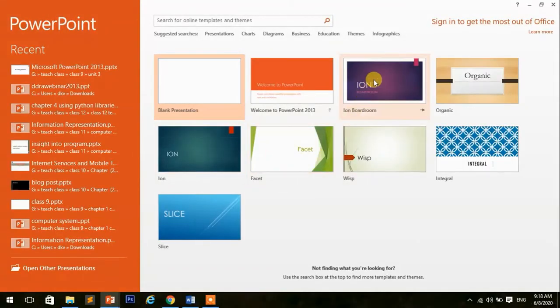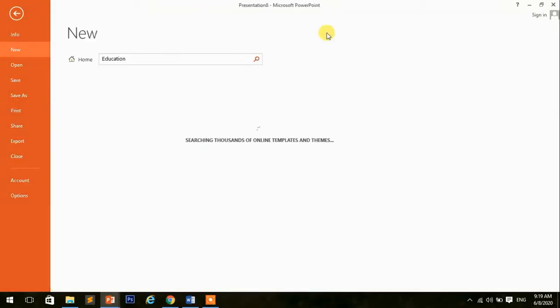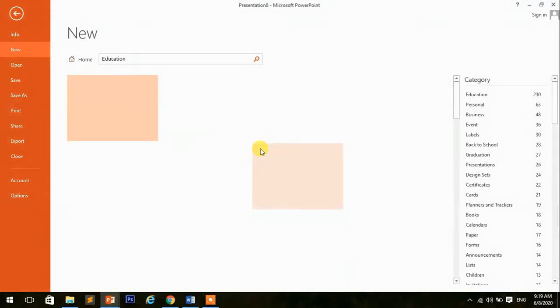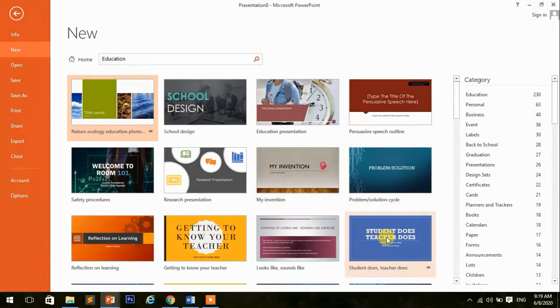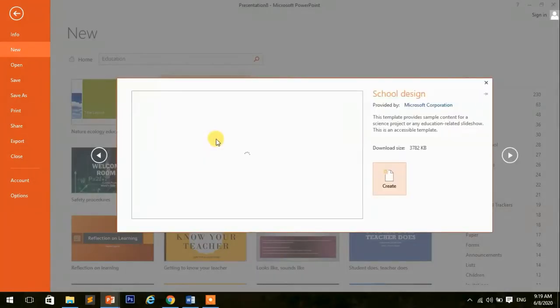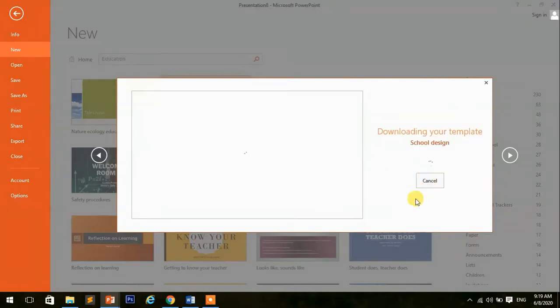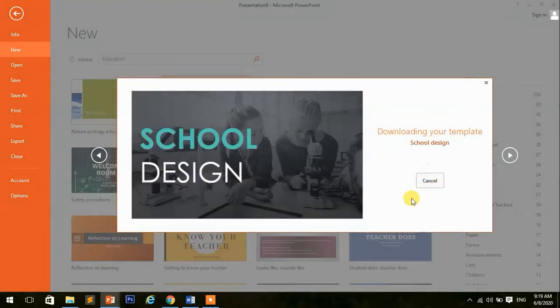Now let's see how to create the slide with the templates. As you are seeing, there are many templates; you can use them or you can select from online. As I'm going to select the templates from online, I'm going to select the education type. I'm selecting this. Now this will appear, click the download, then it will download and it will open.